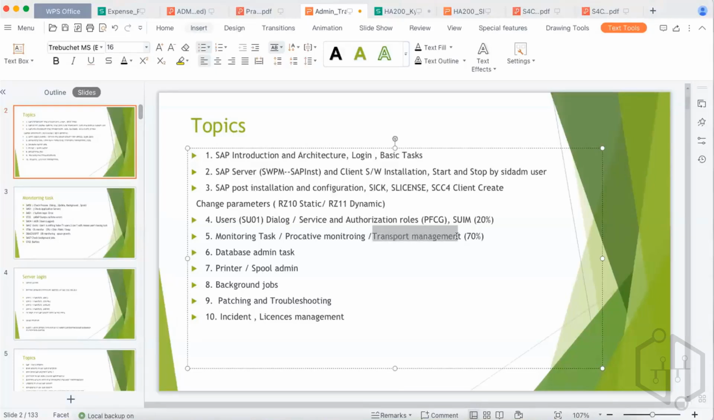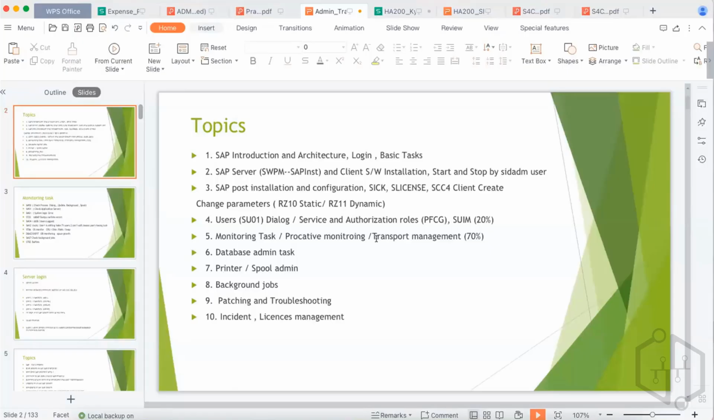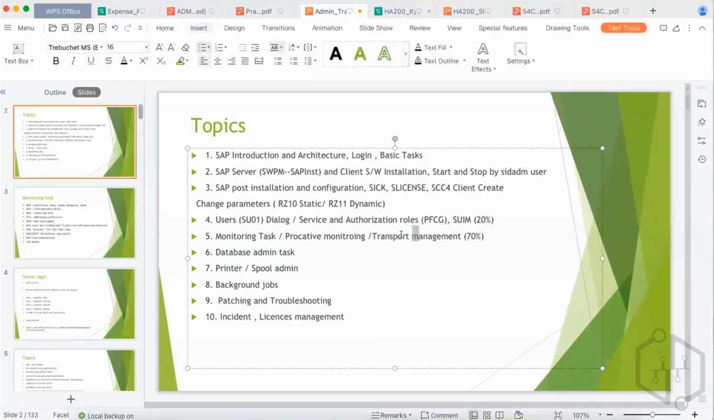Transport management means a developer is going to develop some object into the development system, and then you have to move those objects into quality and production system. Okay, so we will see how to do the transport management. Transport is very, very simple activity. So what happened normally,